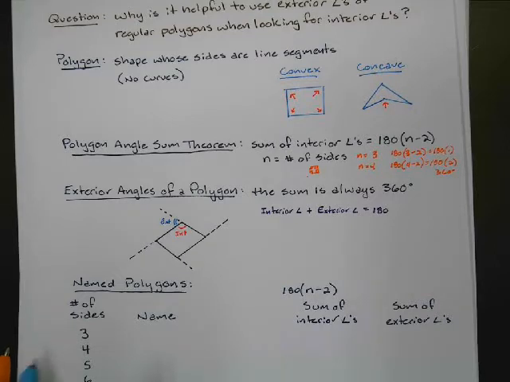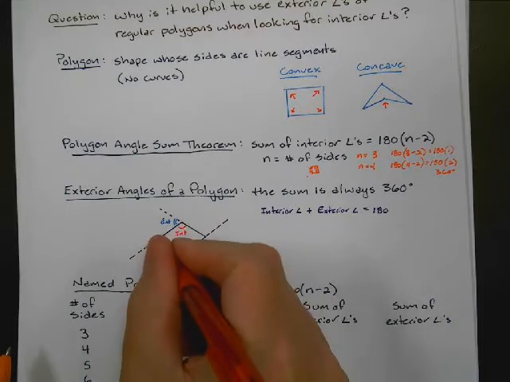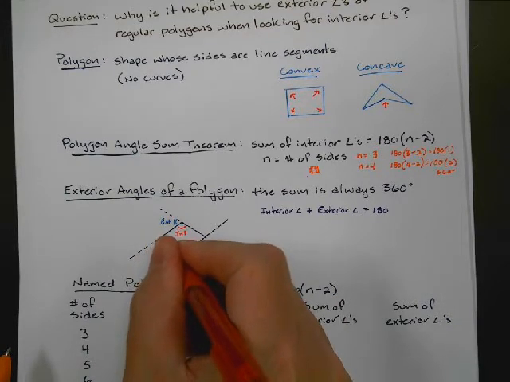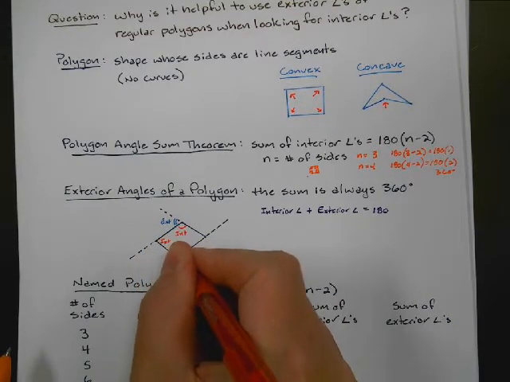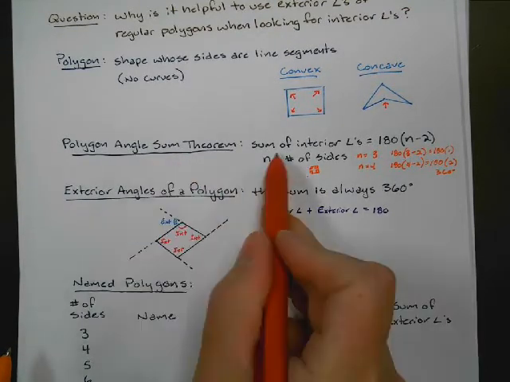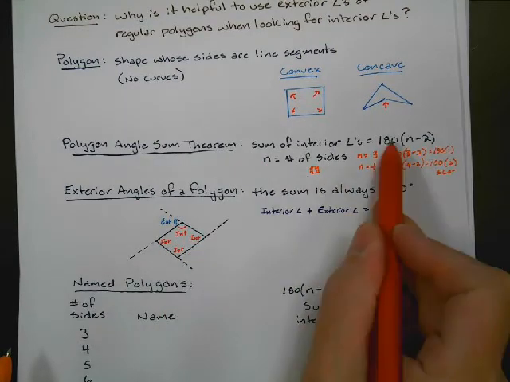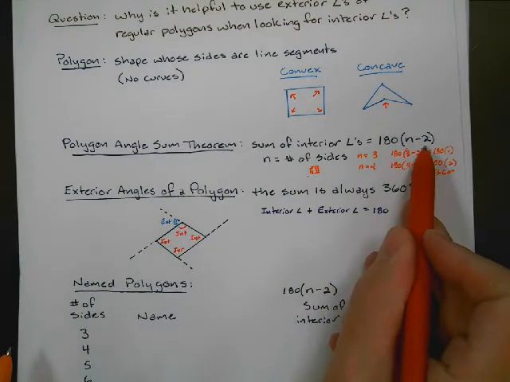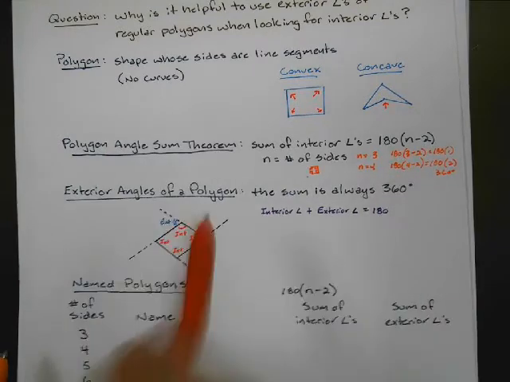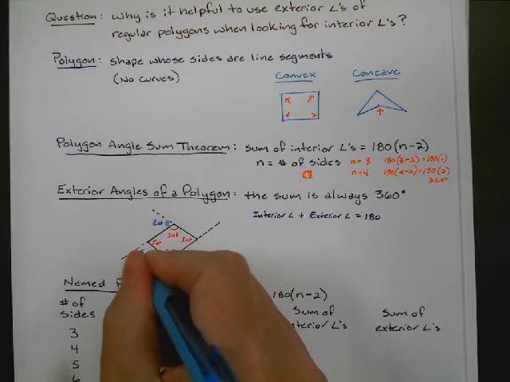Okay, and we have several interior angles since this is a quadrilateral, 4 sides. This would be another interior angle. This would be interior angle. And this would be interior angle. So the polygon angle sum theorem says that all of these interior angles should add up to 180 times n minus 2. The exterior angles of a polygon are different though. The exterior angles,